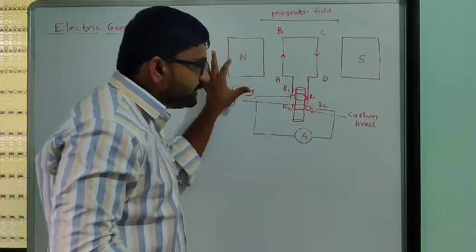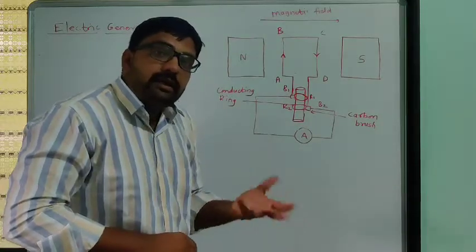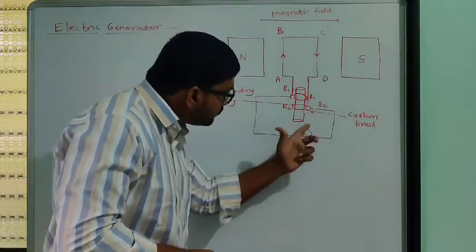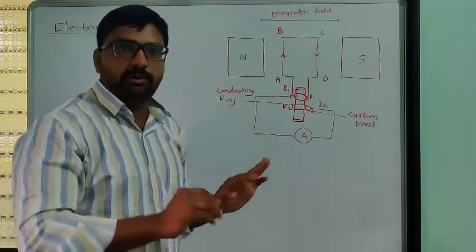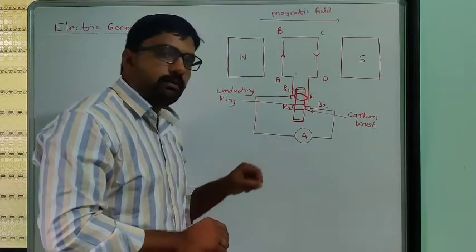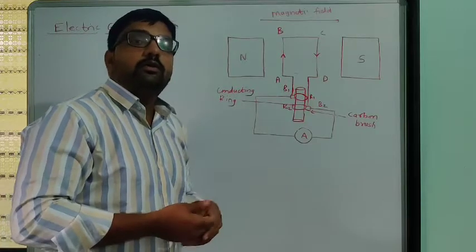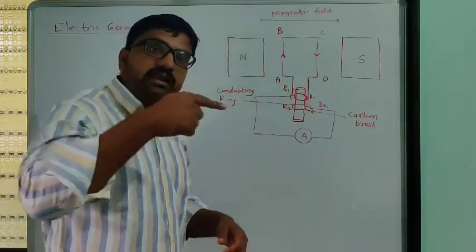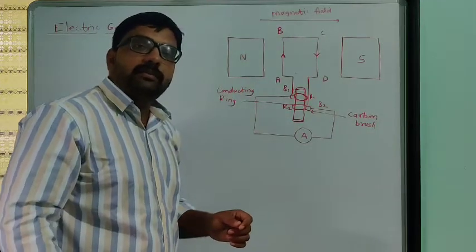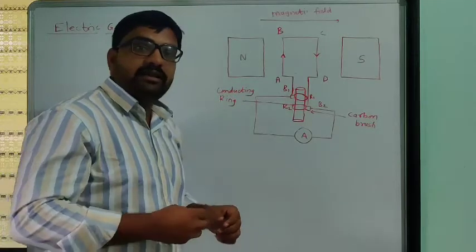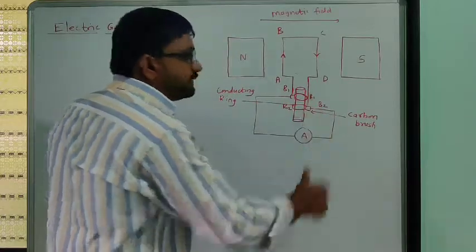All this scenario is the same in all power plants. But the concept we use to move this axis is important, and that simply defines the name of that power plant. If we use a nuclear power plant, simply by using nuclear energy we boil water and create steam. That pressurized steam will fall on the turbines, due to the pressure of that steam the turbines are rotated, and due to that this axis will rotate.